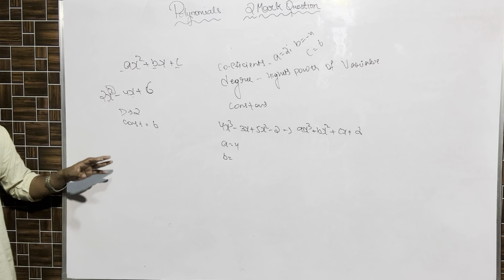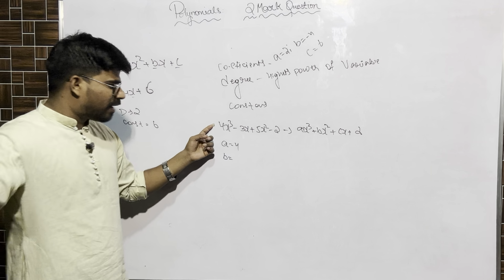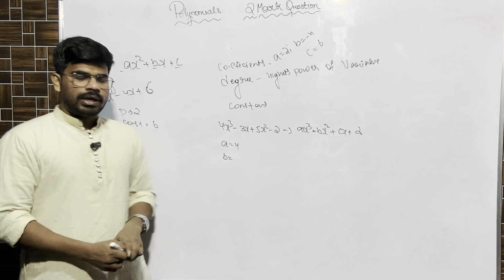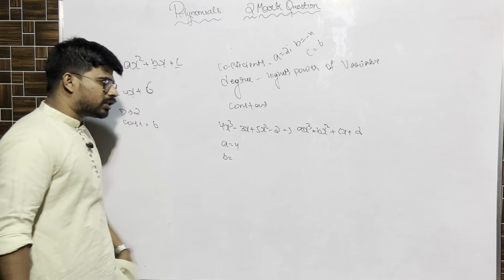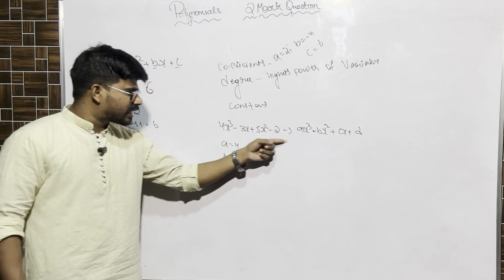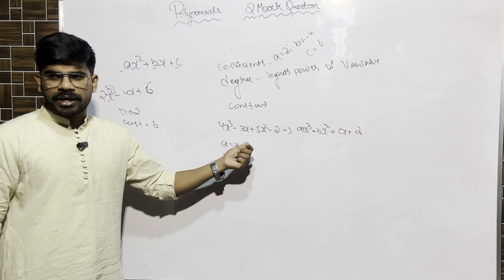what my suggestion is, first you have to write in the form of decreasing order of power. Convert it. For example, directly I'll write it, then I'll show you how we can do that. A is equal to 4. What's the value of B? B will come from the x square coefficient. Where is x square? Here. The x square coefficient is 5. So B is 5. In a hurry, you will write -3, which is wrong.